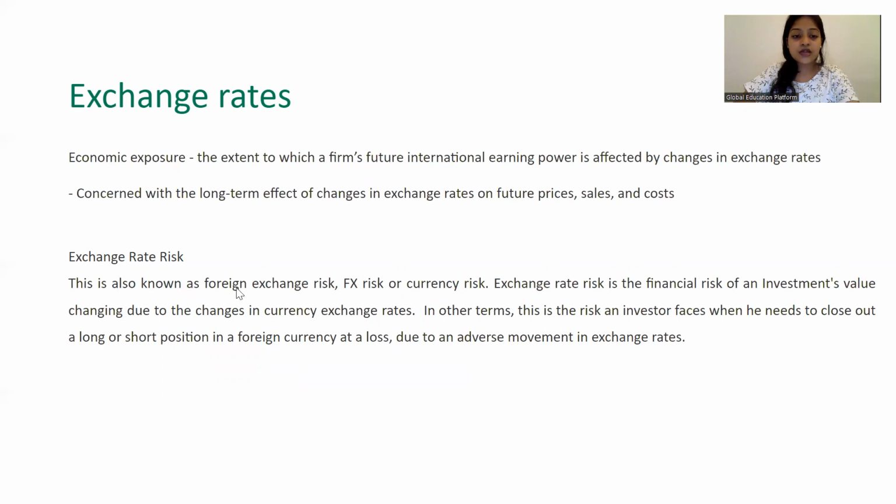Exchange rate risk. This is also known as foreign exchange risk or currency risk. Exchange rate risk is the financial risk of an investment's value changing due to changes in the currency exchange rate. So this is about when you invest something now. For example, there is a company A. You're investing in the company